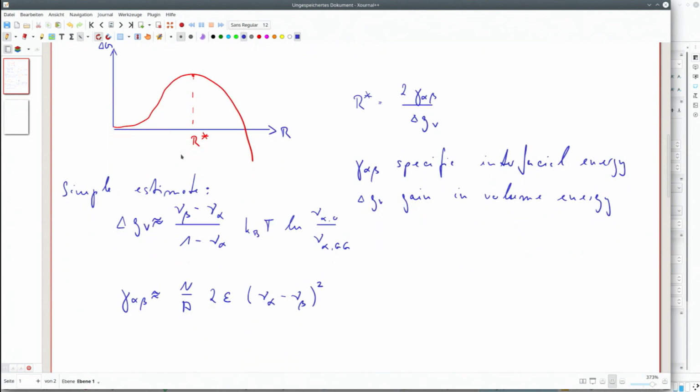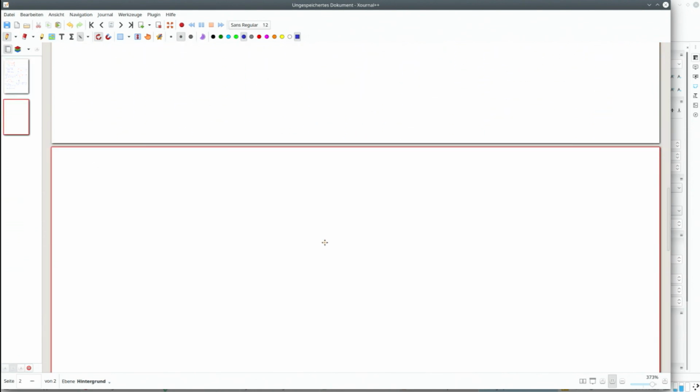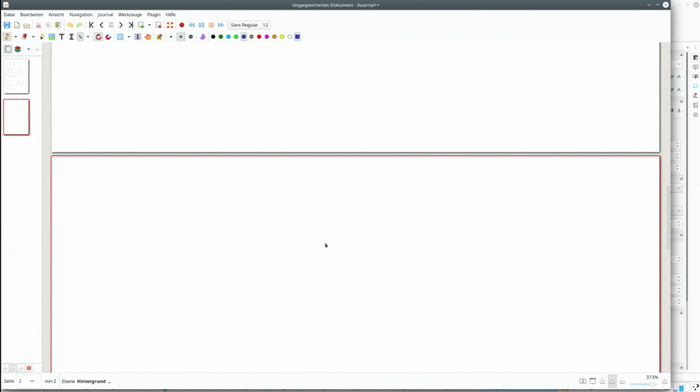Yeah, I should omit this GG here. Then it's perhaps more clear. GG is German, means Gleichgewicht, equilibrium. So sorry for that. So the upper one is the initial composition here, and that's the final composition here. Okay, so this is pretty simple, and I suppose that many of you already know this. Then for the growth phase,